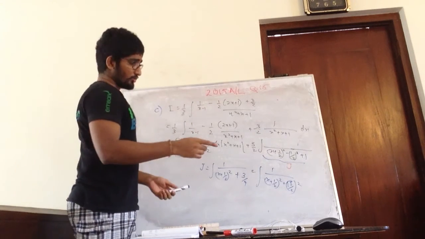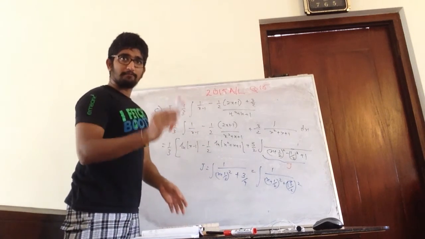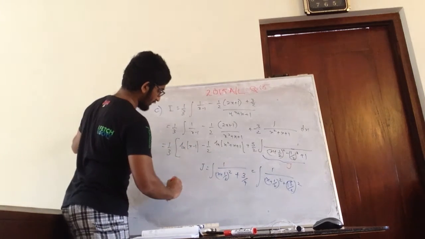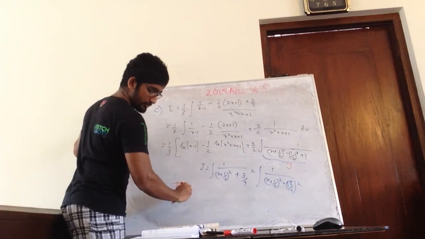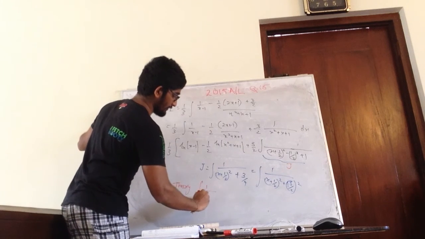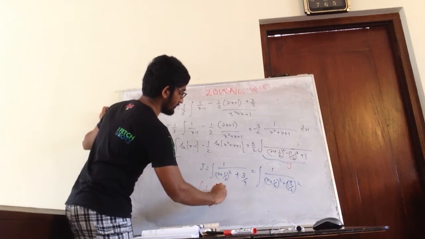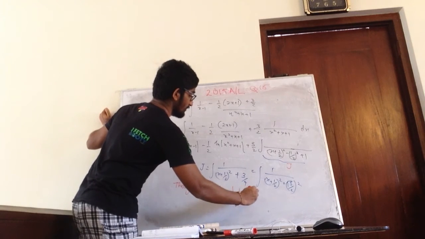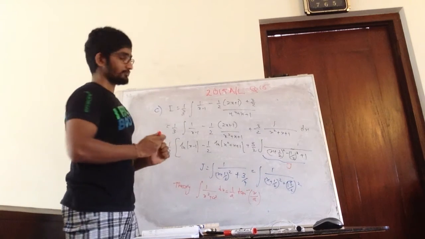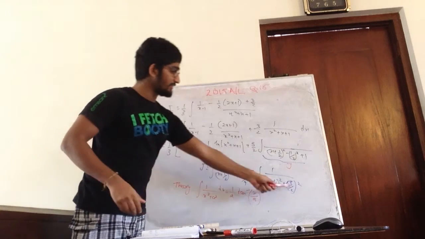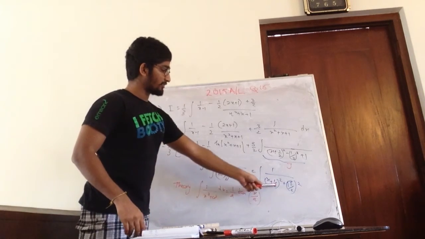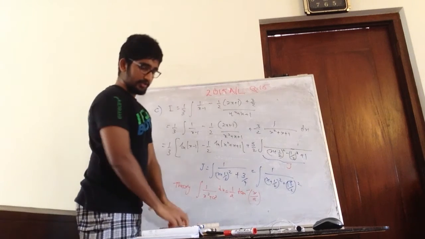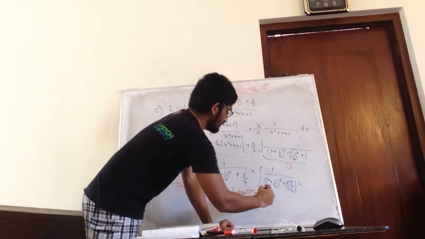So then you should remember one thing. What is that? That is this theory. So what is that theory? The integral of 1 over x squared plus a squared dx, you can write as 1 over a tan inverse x over a. Right, so the a is there, and the x is now x plus 1 over 2. Correct? So then what?